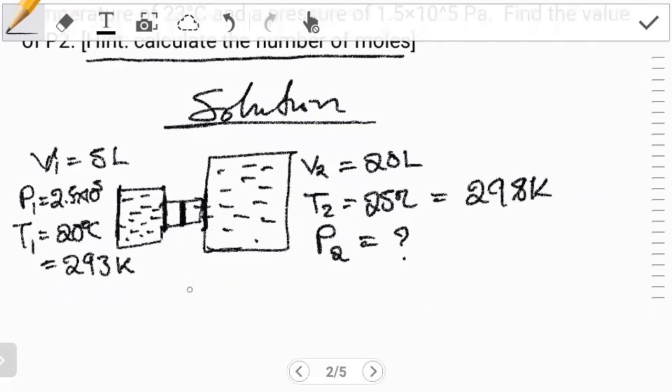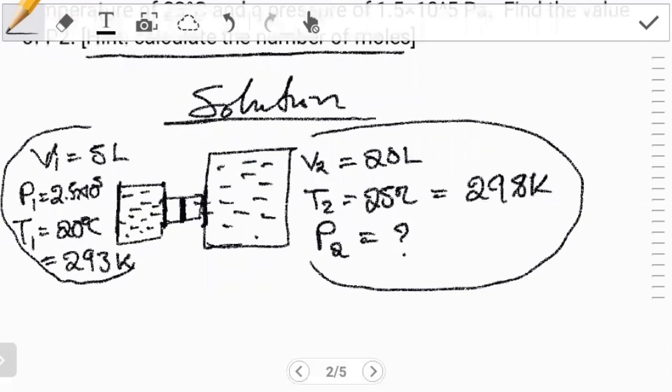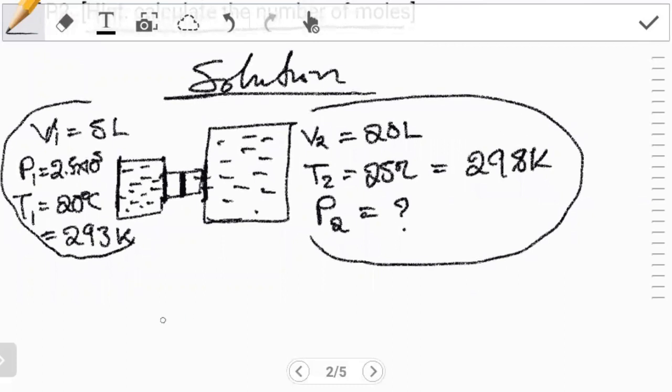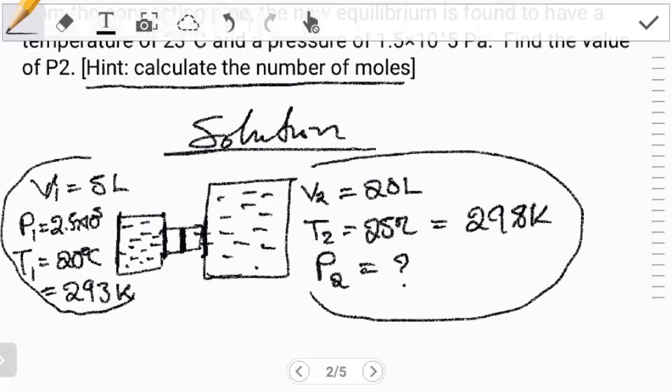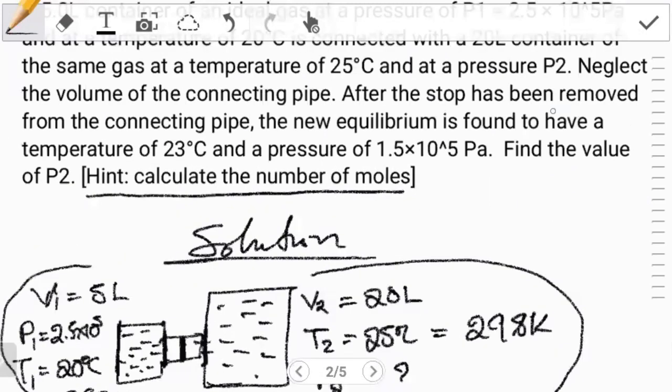Now, what is happening is initially this part is closed, meaning these are the conditions this side, and these are the conditions this side. But after opening the stopper, these gases start to interact. Now, when they interact, what happens? Well, the volume changes. See, the question doesn't say how the volume of our system changes. The question doesn't mention anything about it. They're just saying after the stopper has been removed from the connecting pipe, the new equilibrium is found to have